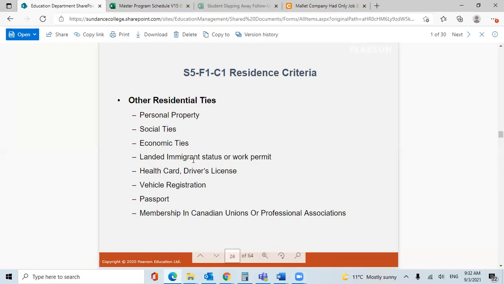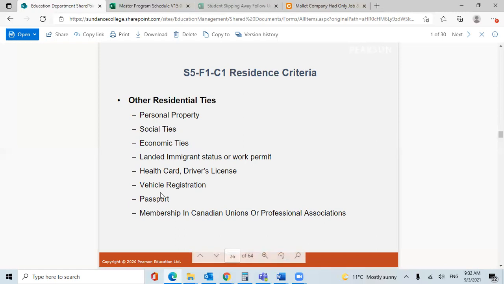Economic ties, say, you have employment with a Canadian employer and you are actively involved in Canadian business activities. Third, we see landed immigrant status, where you had a work permit in Canada. You still keep your health card and your driver's license active. You still have your vehicle registration in Canada, your Canadian passport, and